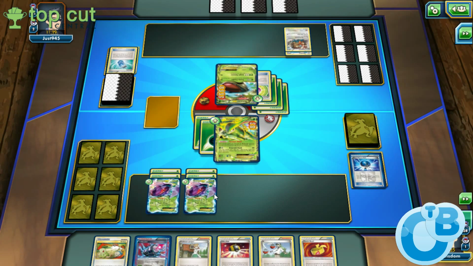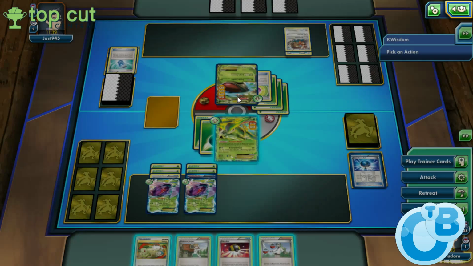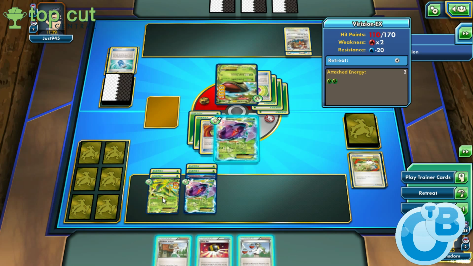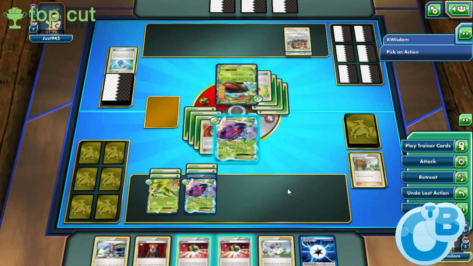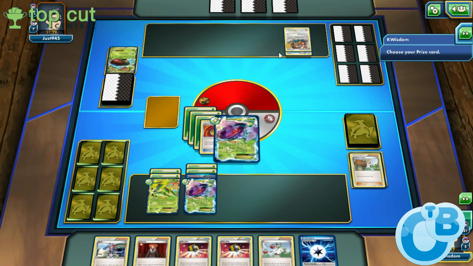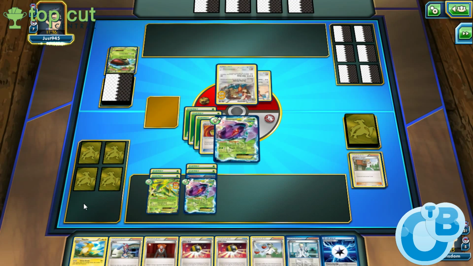So we'll attach like this. Attach like this. So we have 80. So we'll need to do 100. So let's switch here. And then we will Juniper. Just go ahead and Megalo Cannon for the knockout. 20 on the Lombre, I believe that is down there. Yeah, Lombre. Take 2 prizes,